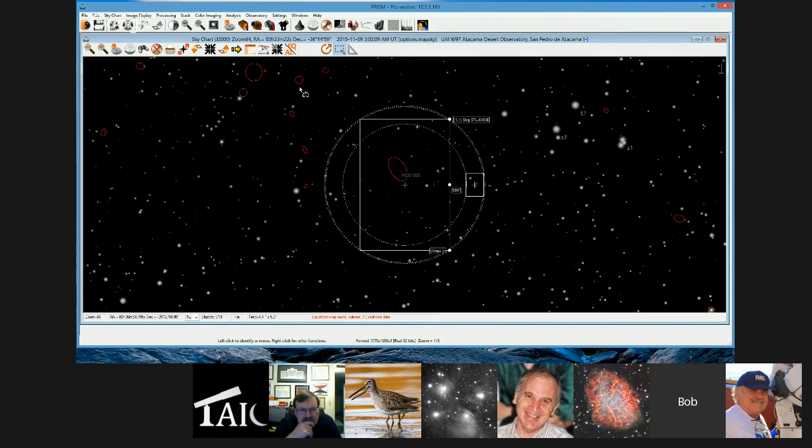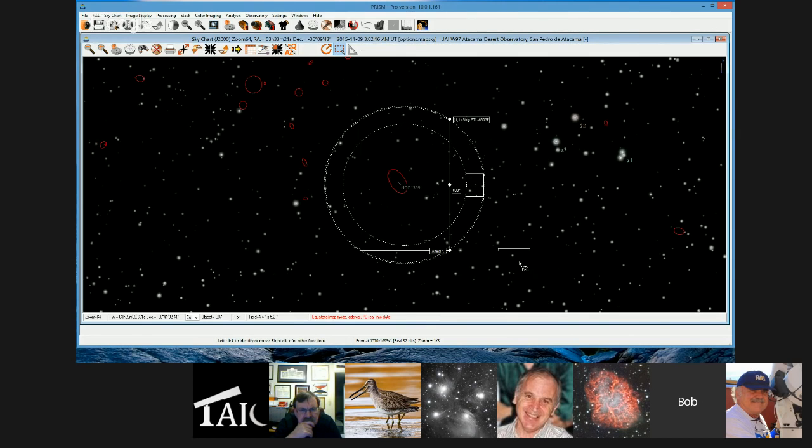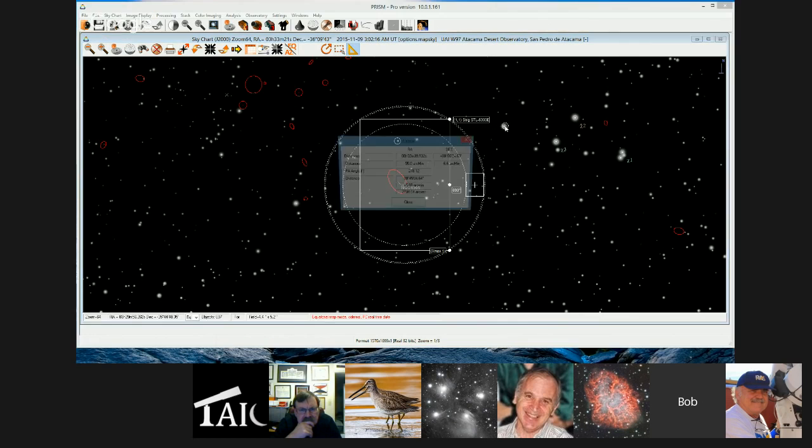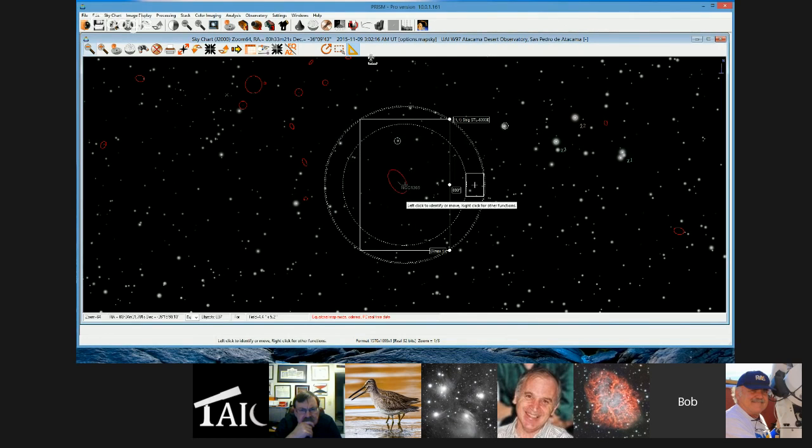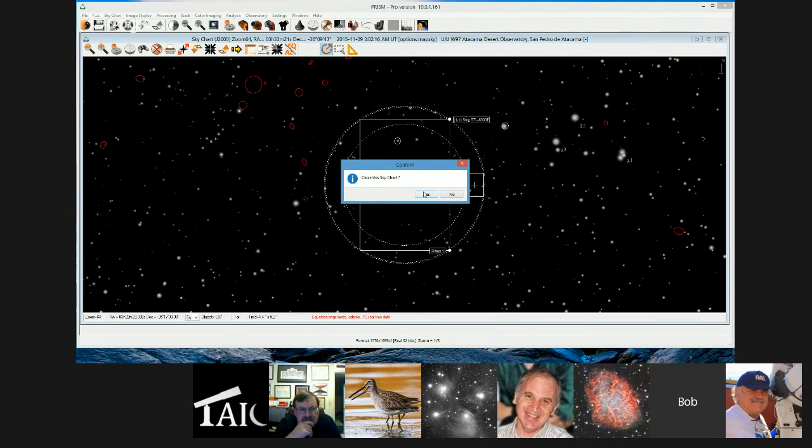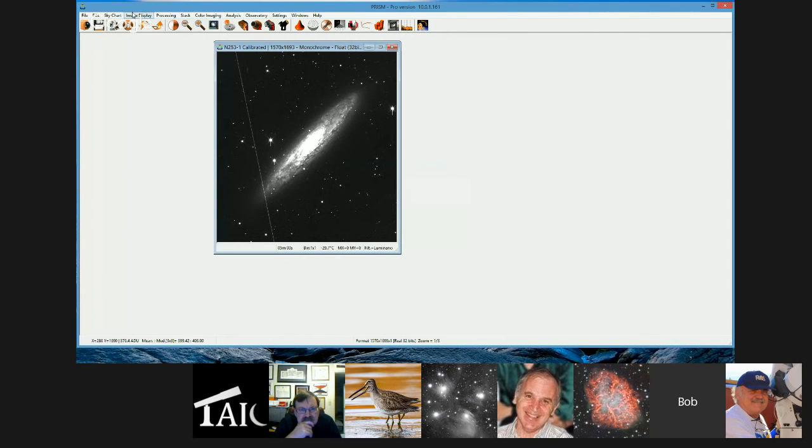We also have the ability of going in and just zooming. If I want to just zoom in on that region, it'll do it for me. If I want to measure distances, I can measure the distance between a couple of different stars to see exactly how far apart they are. But the normal mode we operate in is the mode that we've indicated there. And let's get rid of the sky chart and